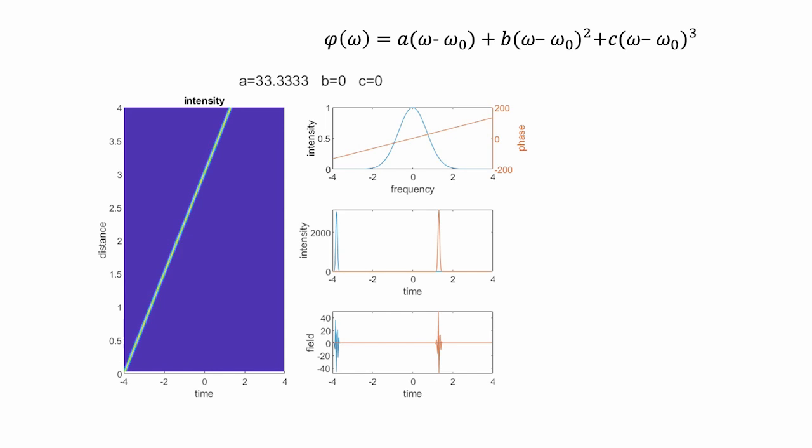And you can see that the A coefficient now is smaller, and then the pulse travels faster, but still, as you see in the right panel, without distortion. You see the same pulse just arrive faster to the other side. Now, let's see what happens if we add a second order term. B not equal to 0. The next slide, please.